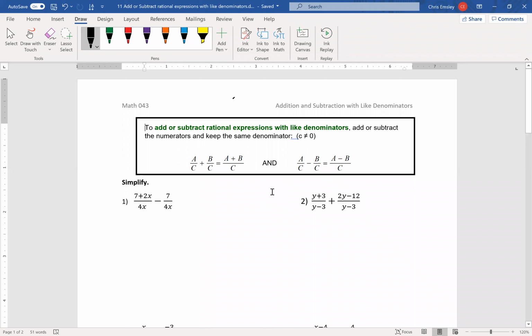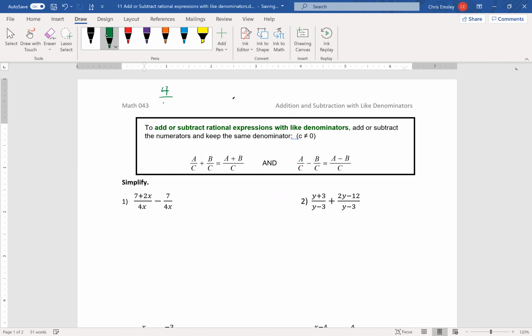In this video, we are going to look at adding and subtracting rational expressions with like denominators. Remember, rational expressions, rational really means fraction. And so these rational expressions, the arithmetic and the math really works a lot like if we were doing fractions. So if you remember back to when you first learned how to add and subtract fractions a long time ago,